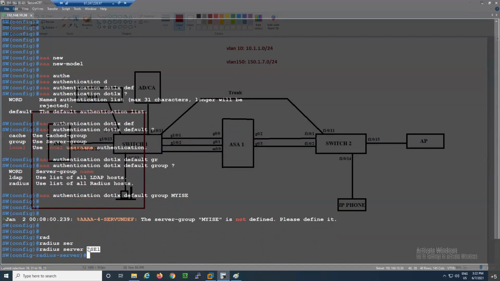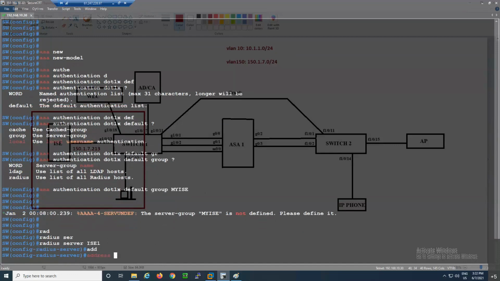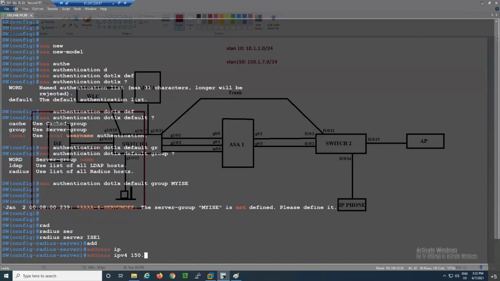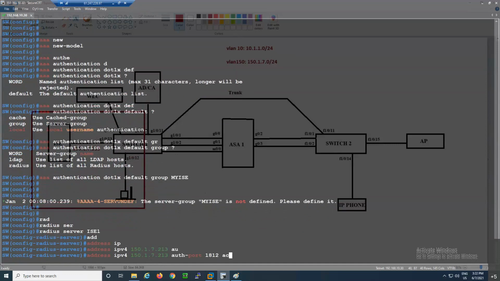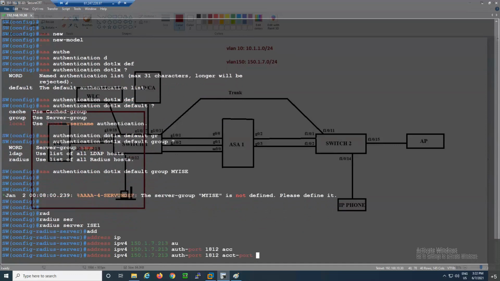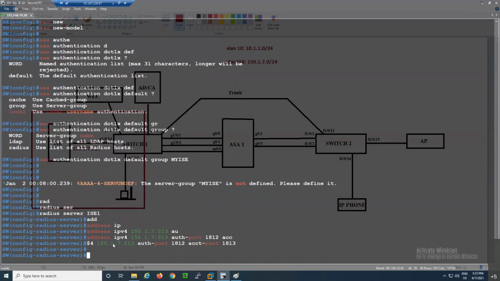If you have multiple ICE, then you can configure multiple radius servers on the switch, and then you can call all of the configured radius servers in the server group. So this is the IP address of ICE with auth port 1812, accounting port 1813. Because I told you, if you are not defining these port numbers, then Radius is going to use the old port numbers.